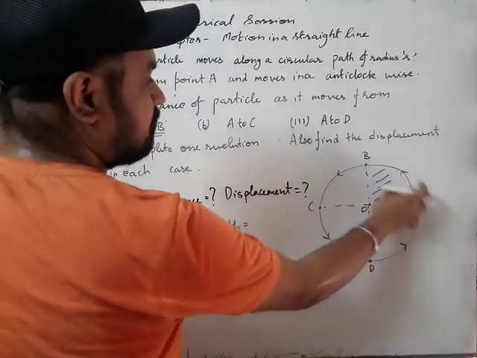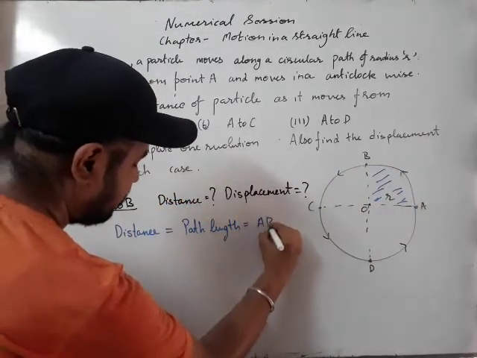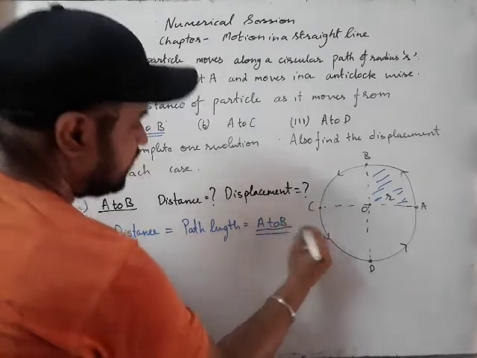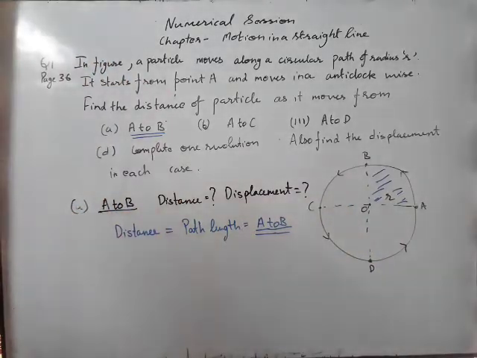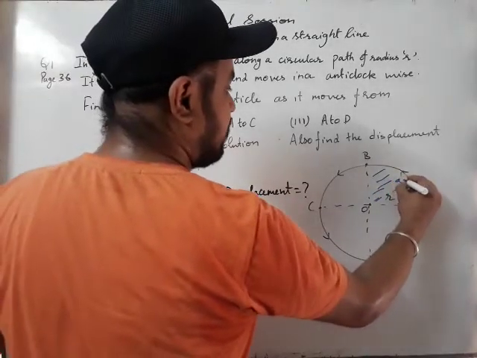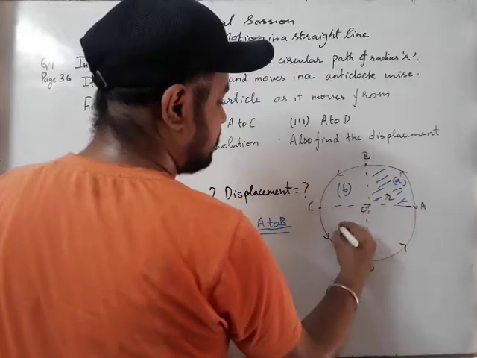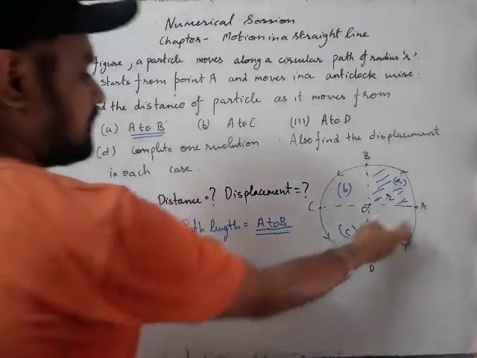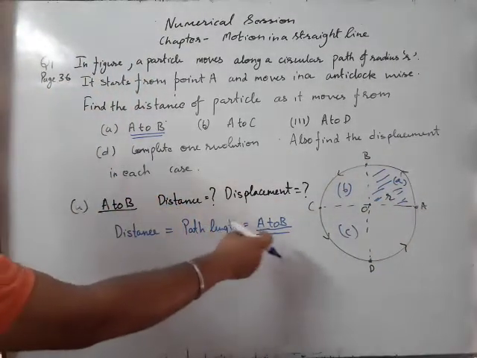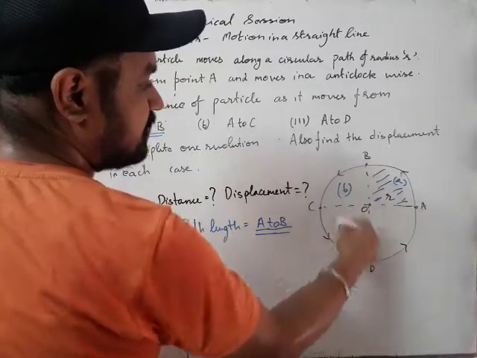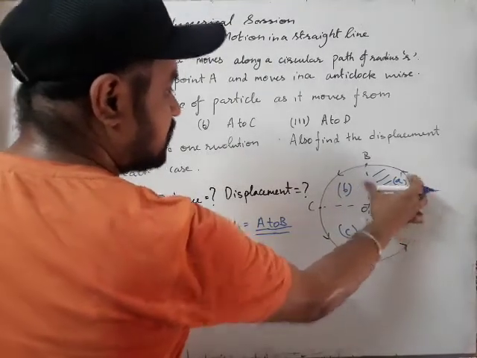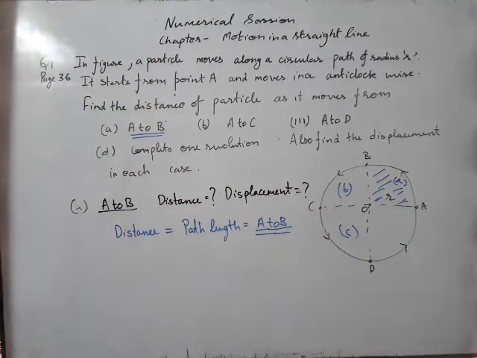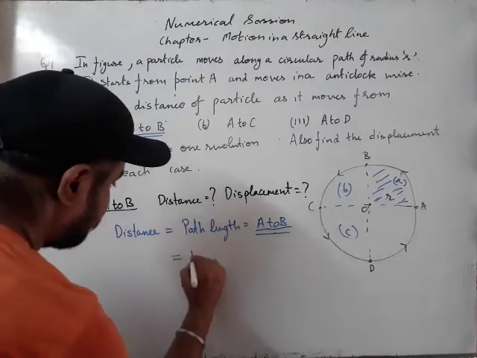Now the body travels from A to B. During that, how much portion of the circumference does it cover? If A part, B part, C part, and D part together are the whole, D part is the whole. So it will cover 1/4 of the circumference, because this and this make the whole circumference.